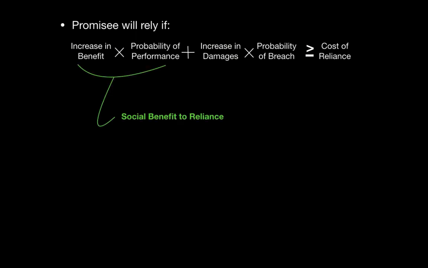It is good for Betty to consider the first term of the inequality because this is the social benefit from reliance. However, Betty relying on the return represented by the second term is not legitimate from a social perspective. This is building the boathouse because she will get more damages in the event of breach, not because there is an actual benefit to having a boathouse if Allison breaches and Betty does not get a boat.